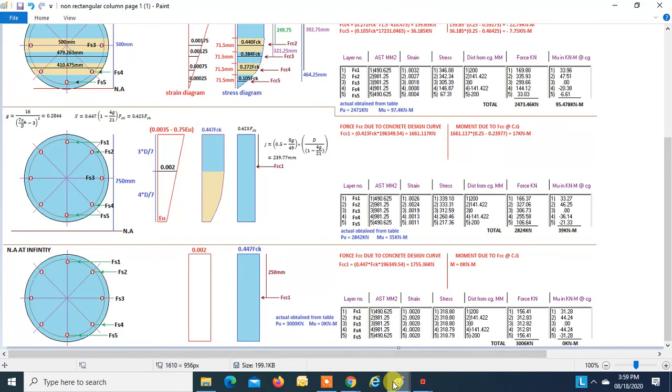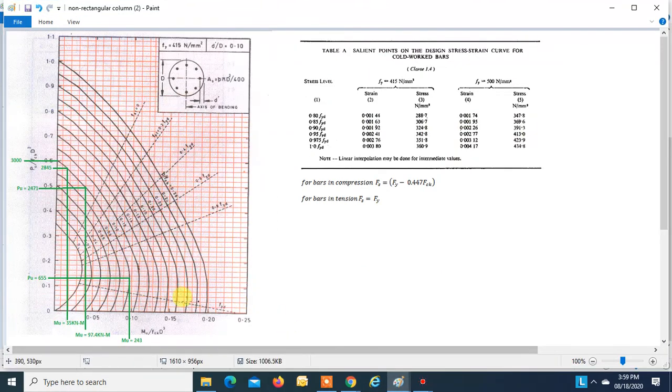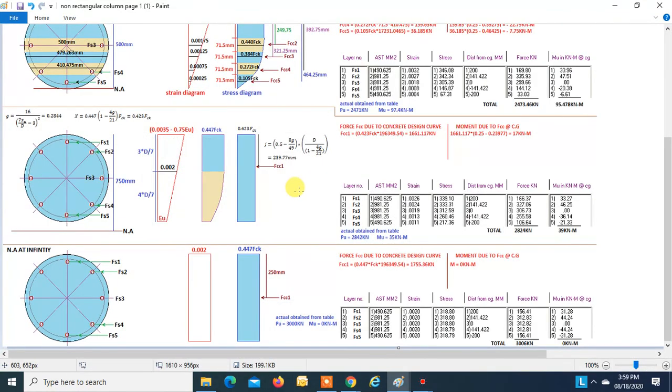So we can see on the graph, when moment is zero, this graph ends at PU by FCK PD square equal to 0.6, that is equal to 3000, right? So this is how this graph has been developed in the code. So this is how we try to understand the fundamentals which I use for drawing a PM interaction curve for a circular section. Now we will try to see